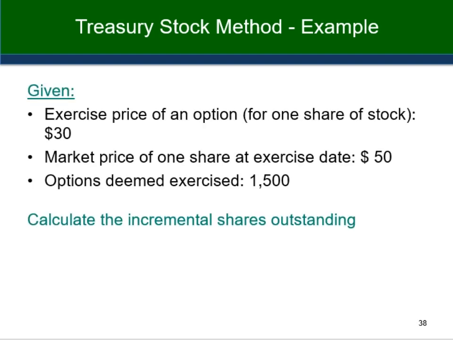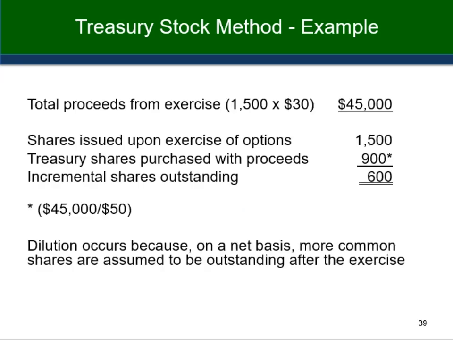900 shares. I'm decimal challenged. 45,000 divided by 50 would be 4,500 divided by 5. Yes, 900. So the total proceeds is 45,000. Then we issue 1,500 shares as a result of the option being exercised, and then we use the proceeds, the $45,000, to buy another 900 shares. And so